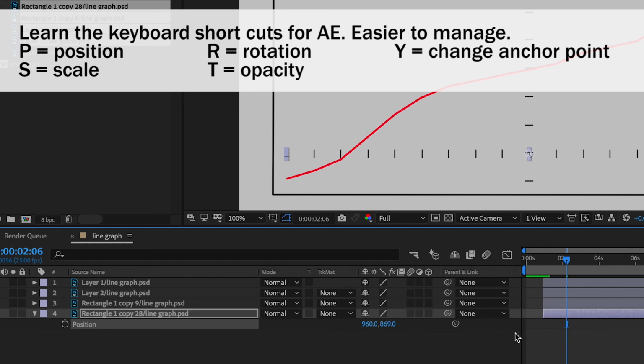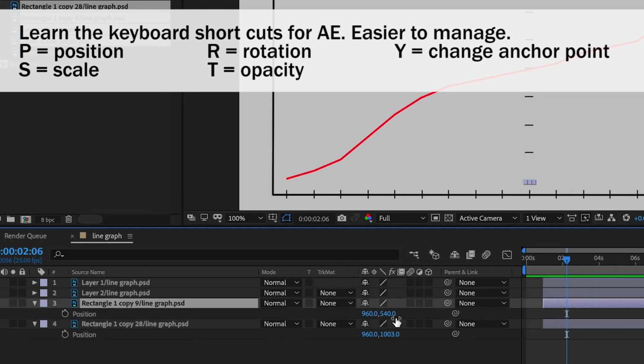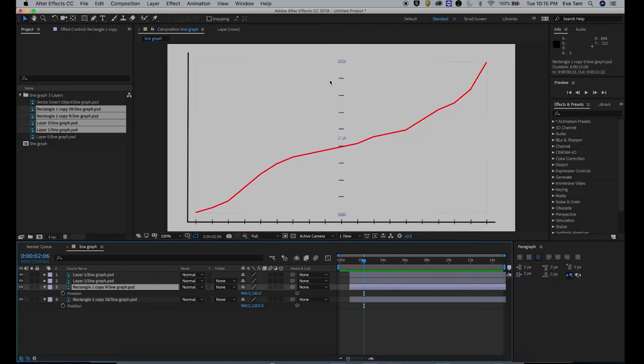So I'm going to position this right here. And then P again, and because we're going left and right, we're going to drag this one over. Perfect. So now this is pretty much what it looks like.